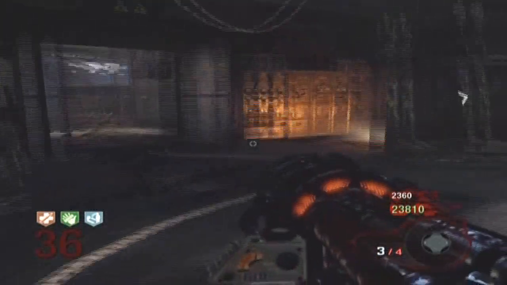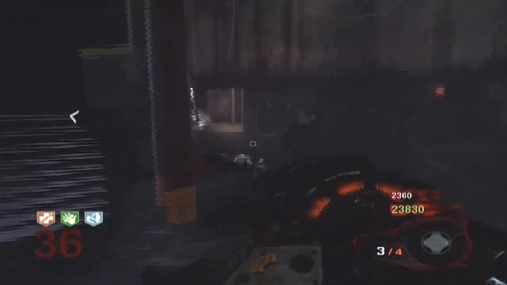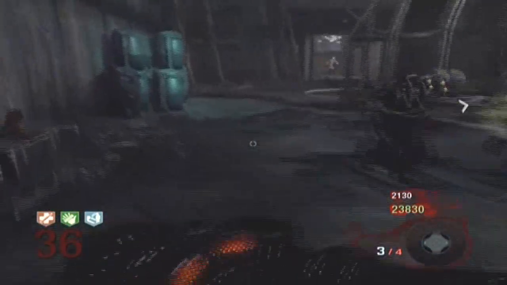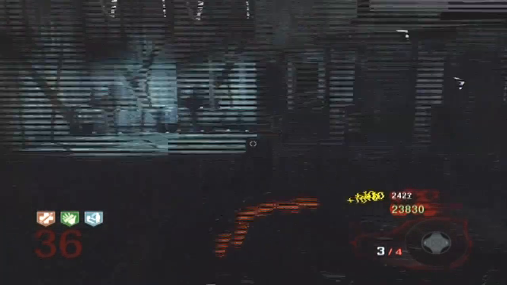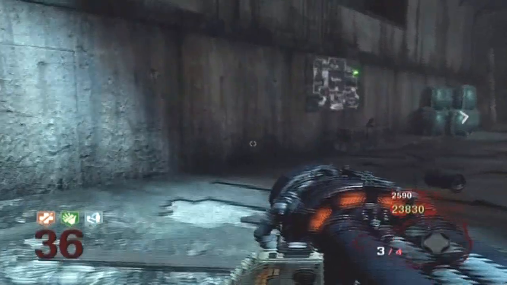If you get a ray gun, that'll hold you for a while. If you get a thunder gun, you're basically set. You don't necessarily need a ray gun. It does help you, but not anything that the thunder gun can't do. So thunder gun's definitely essential. But at this point, I